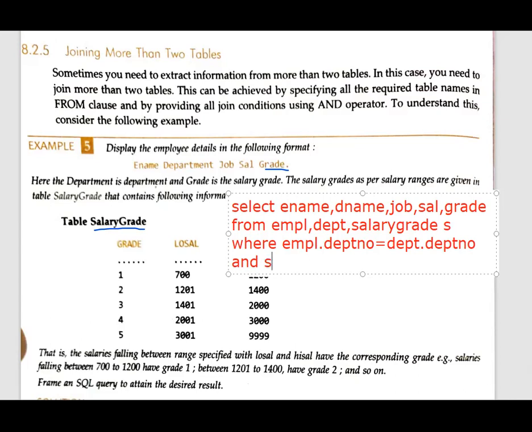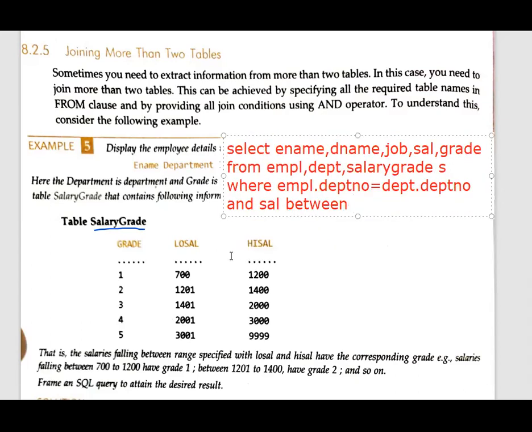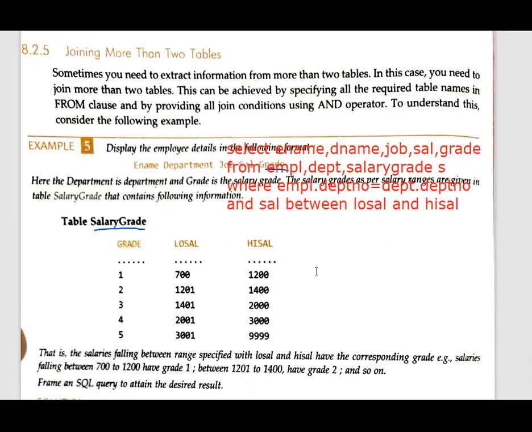So, and salary between. Now we know the column names are low sal and high sal. So between low sal and high sal, that is the salary falling between the range. So you have to write the query for the same thing. So this will be your query for the same thing.